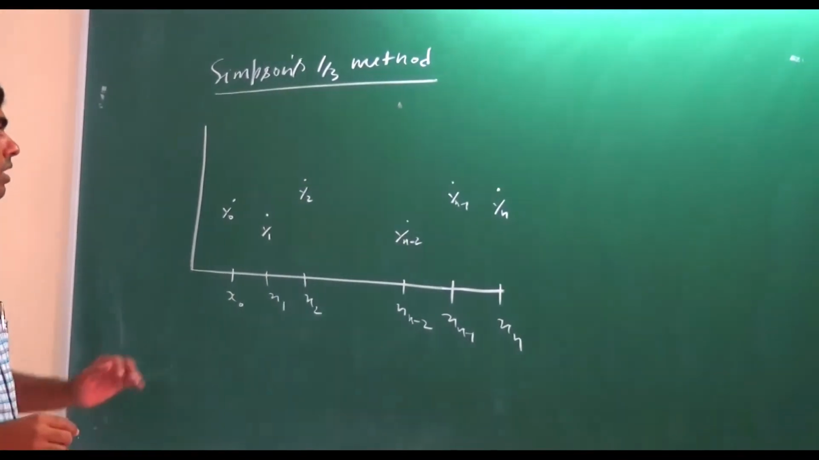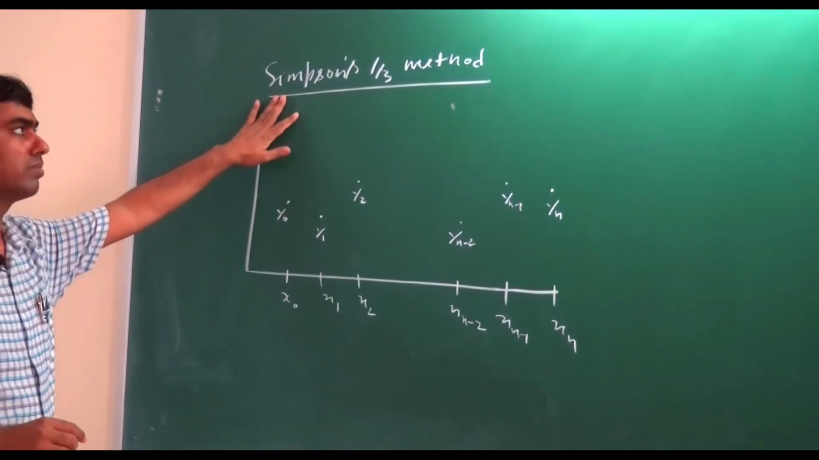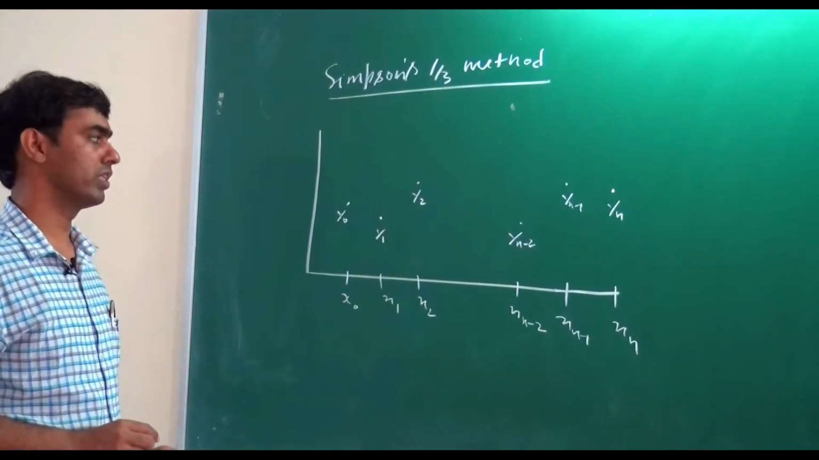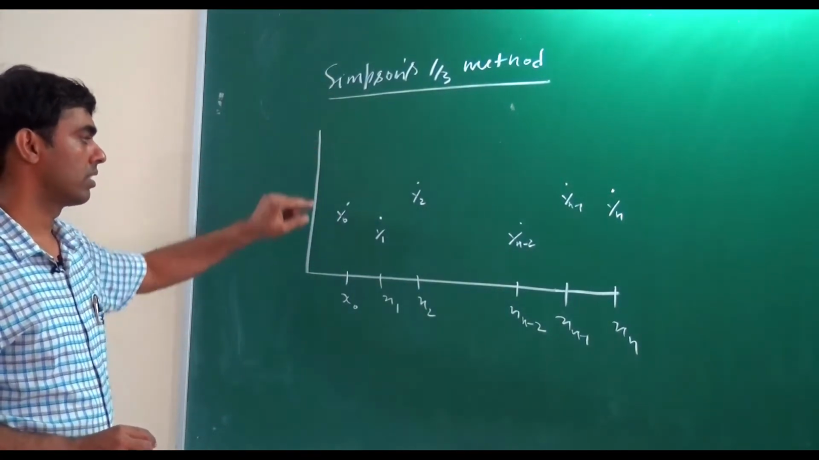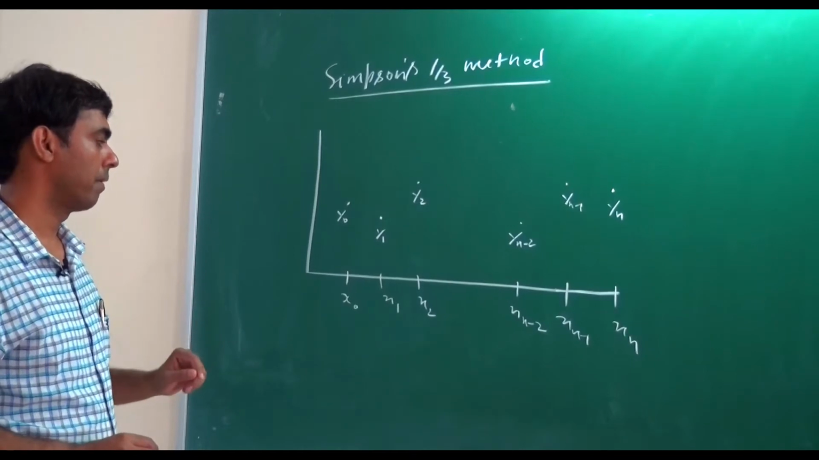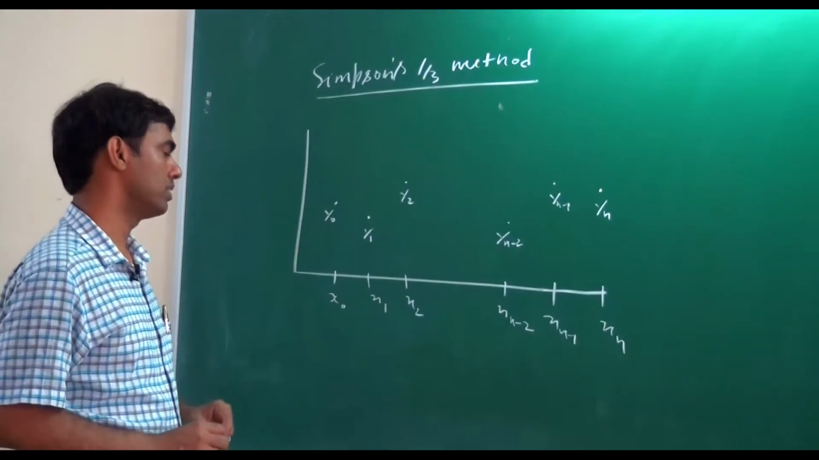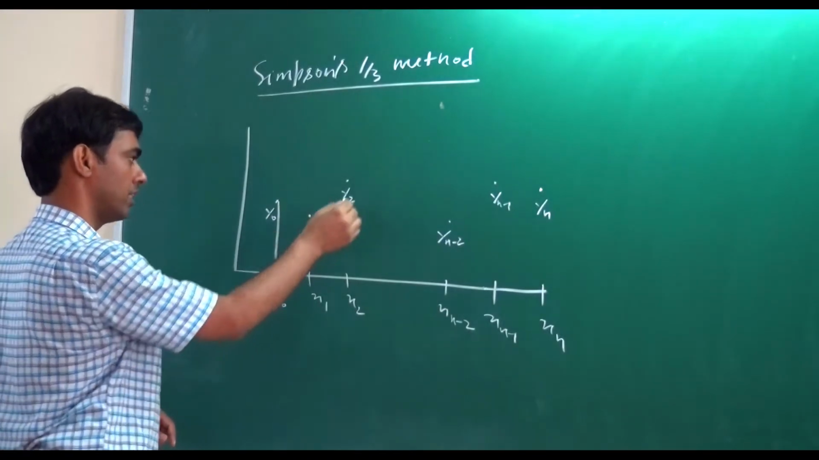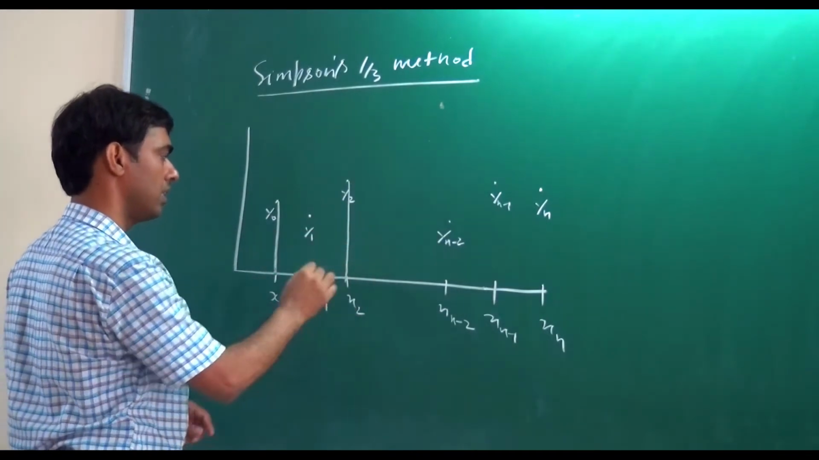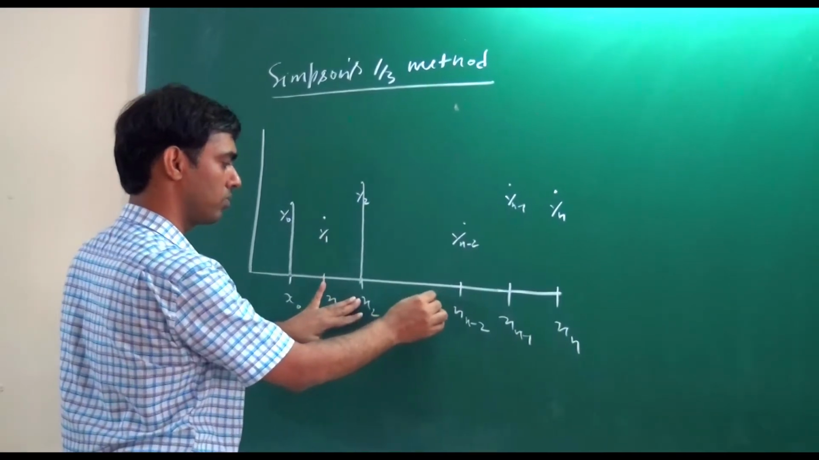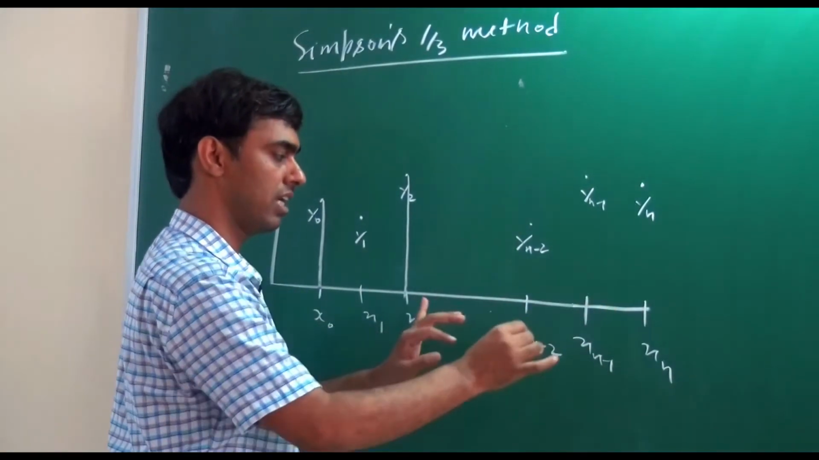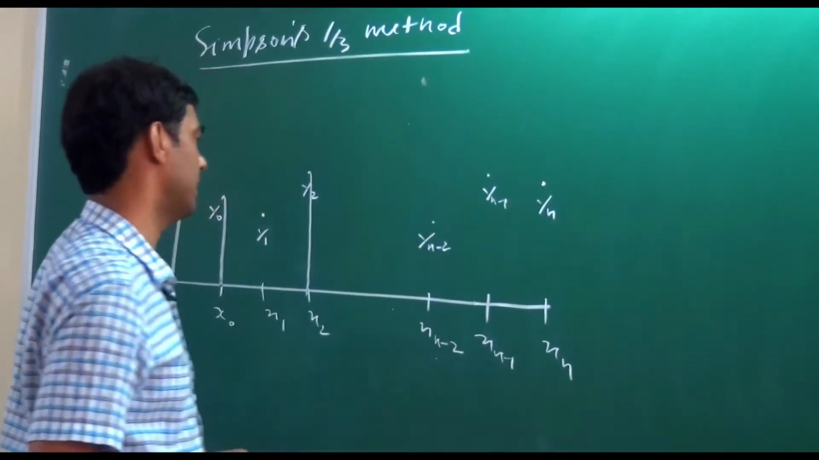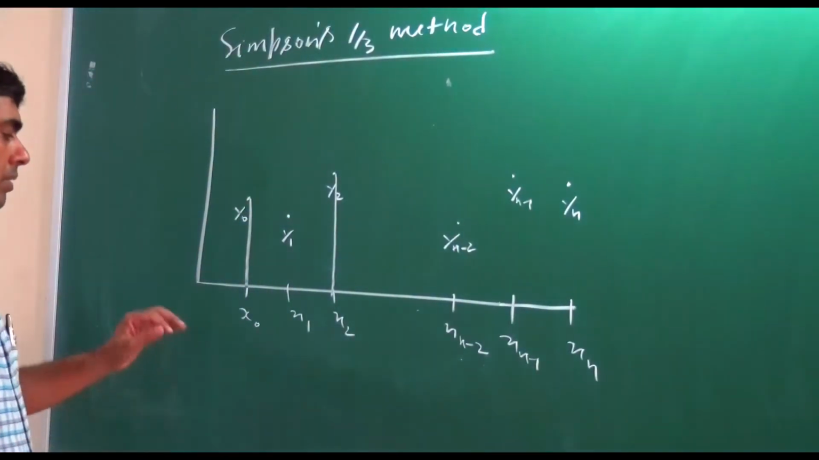As we know, the Simpson 1/3 method is under the category of methods based on interpolation. Here we use three values, meaning first we find the area from x0 to x2, then the area from x2 to x4, x4 to x6, x6 to x8, then xn minus 2 to xn. Now the question is